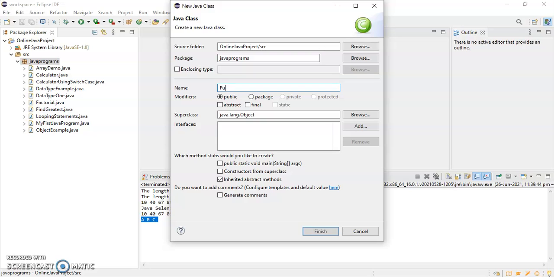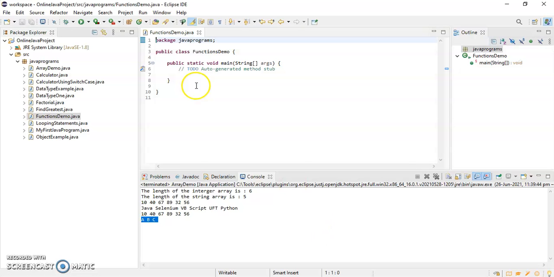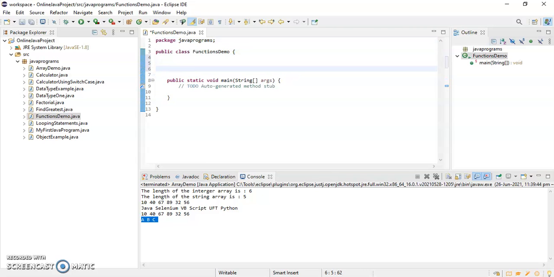I'll name it as functions demo, and I will create a main method. Okay, for example, I want to do one addition operation, so for that I will create one function. So I'll just write here function having no arguments and no return type.